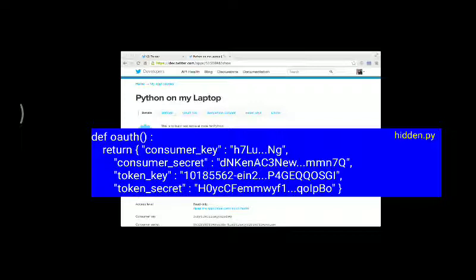I will show you where exactly this content, consumer key and consumer secret, is written. This is taken from a particular Twitter account, and this should be written in a file called hidden.py. I will tell you where exactly this hidden.py will be.